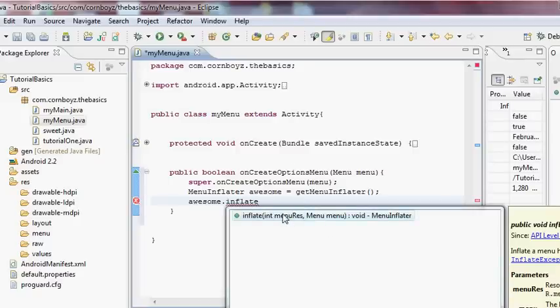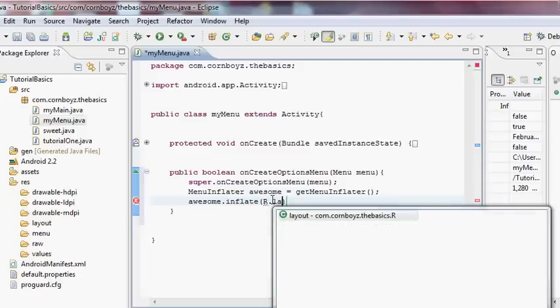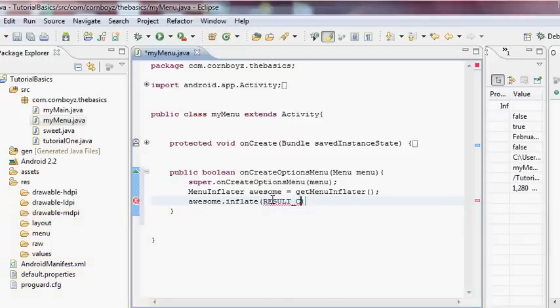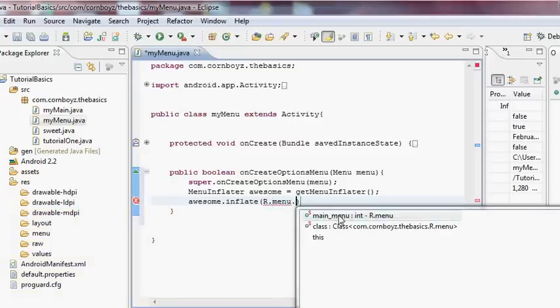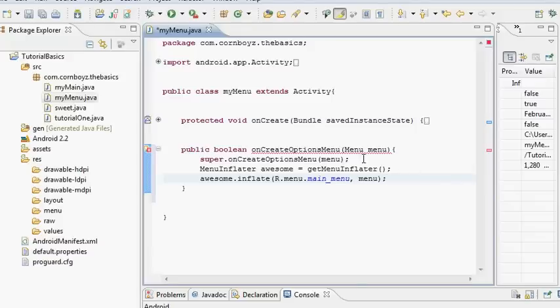And for this, it's going to be what we reference it, our reference, basically our R dot layout, or not layout, I'm sorry, R dot menu dot main menu, because it's referencing it through this menu folder. And then we're going to hit comma and menu, so it's that one right there. And now it's basically going to inflate this one when the hardware of the phone has clicked that menu button. All we have to do now is hit return